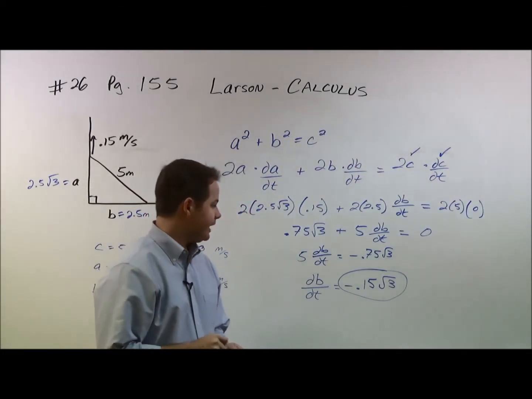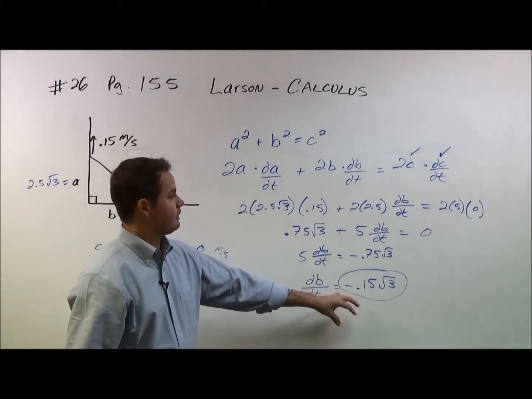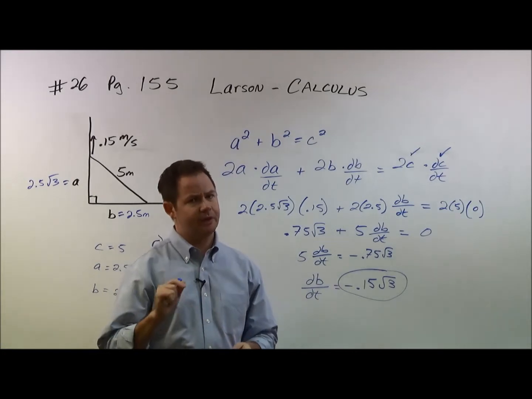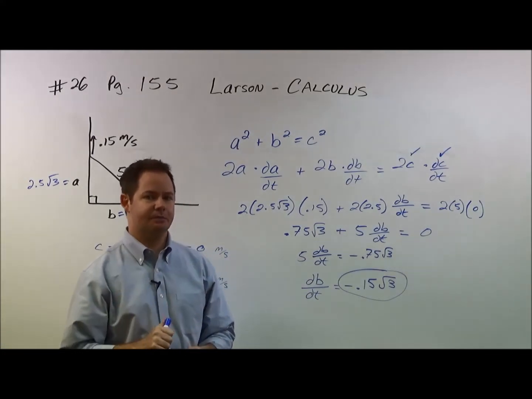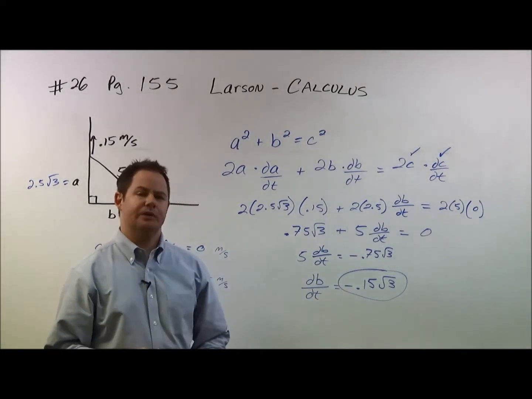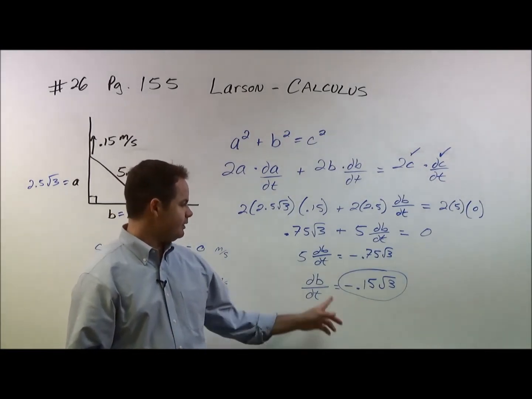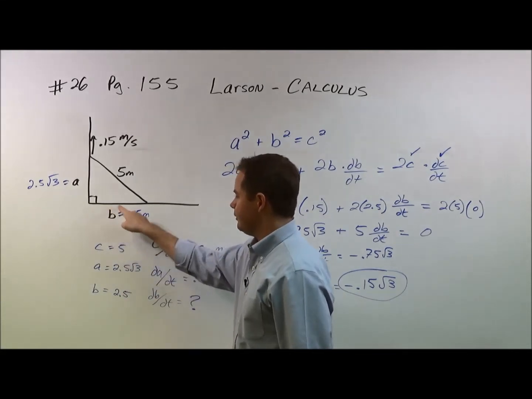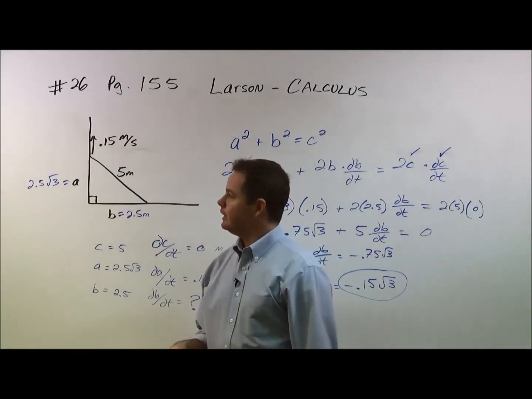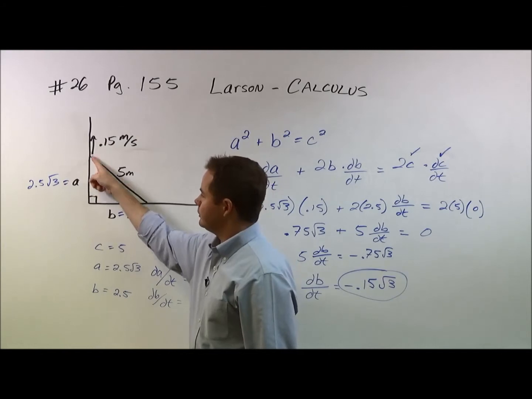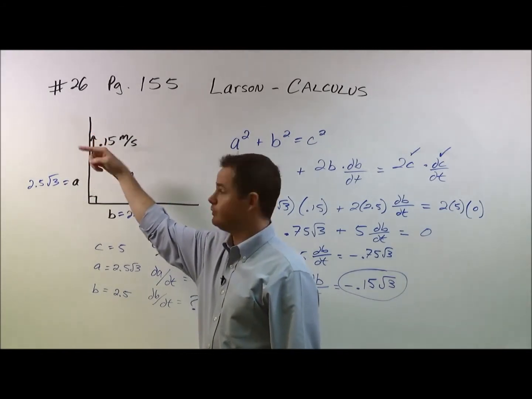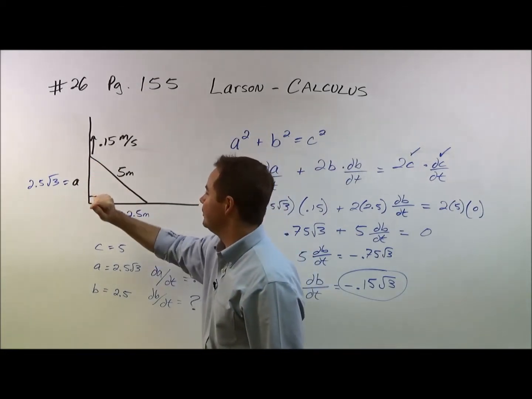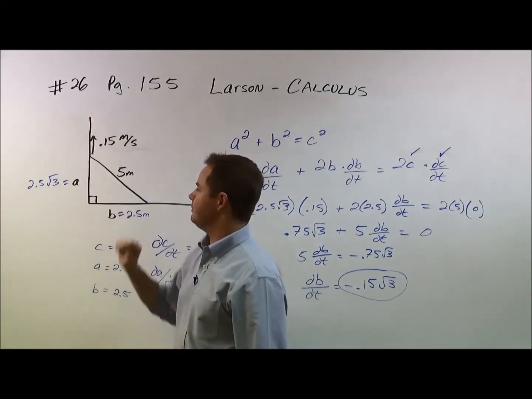But for now, that's enough for us to make sure we understand conceptually how to approach a related rates question. Now, one last thing that we want to take a quick look at on this problem. We've got a negative value here. Let's talk about what that means. It's asking about dB/dt, which means the change in the length of B over time. And if we look at this scenario, if you're pulling the top of this plank towards the roof of this building, or this line as is the case here in this example, towards the top of the page,